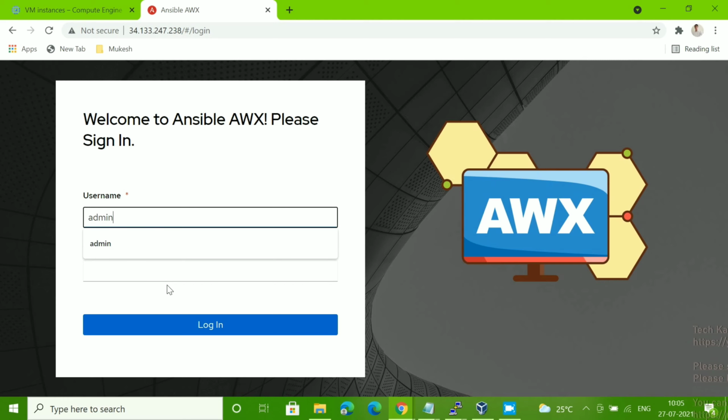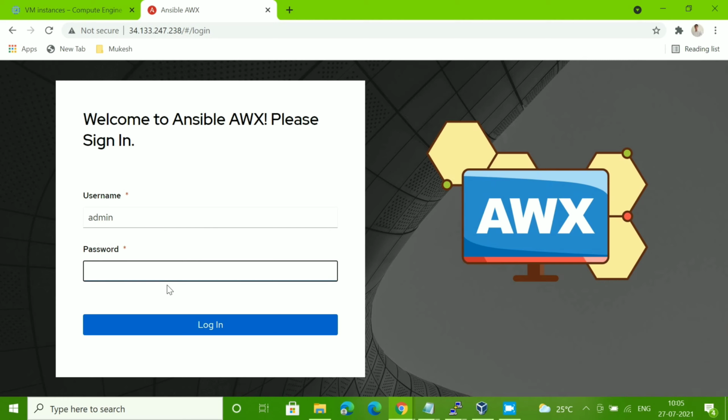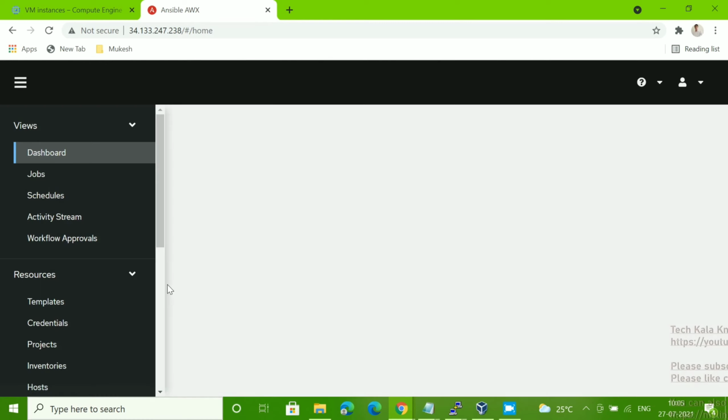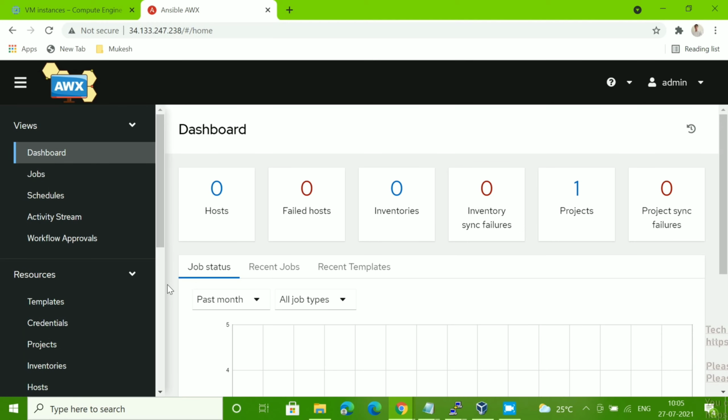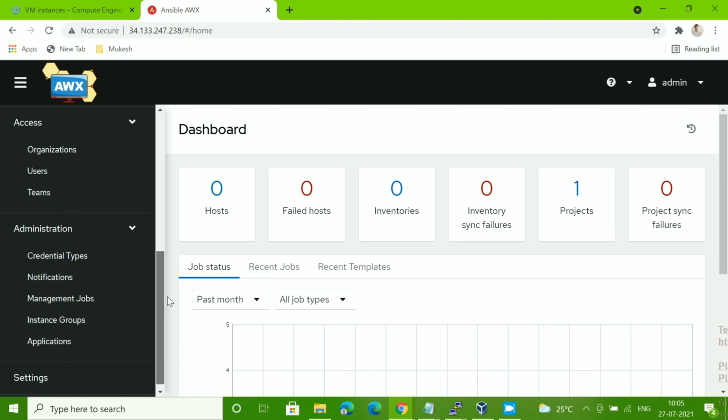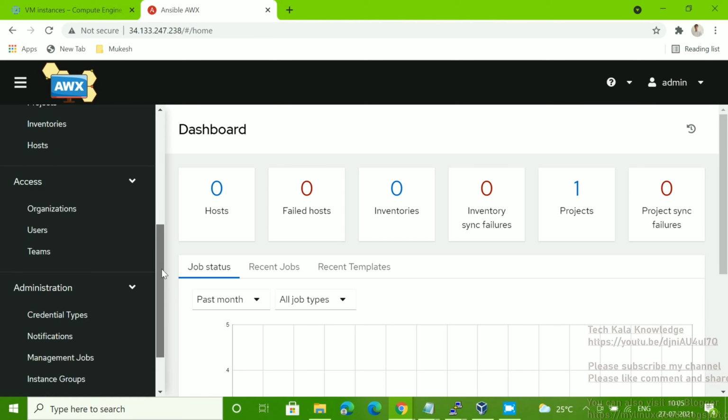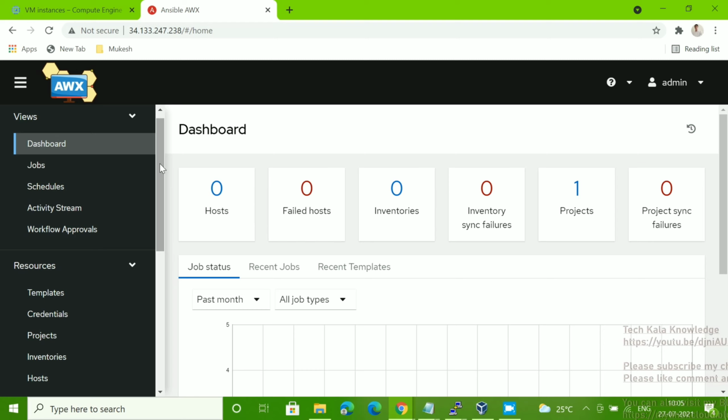Now let me log in as admin. You can see I am able to log in to the dashboard, and the dashboard looks just like Ansible Tower. Everything is here. Whatever you want, you can go and do. So finally we got the console.